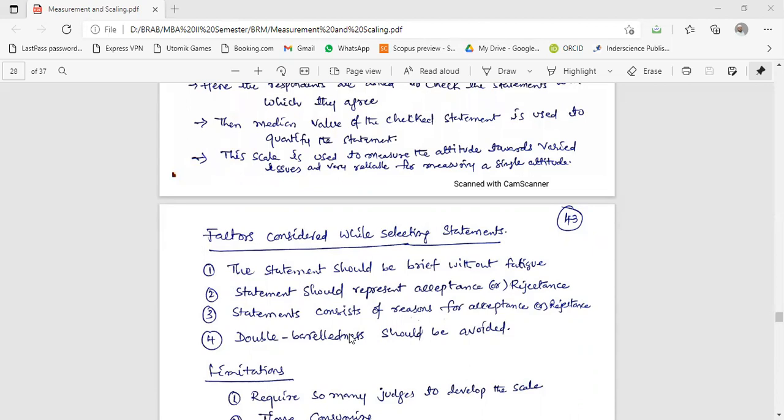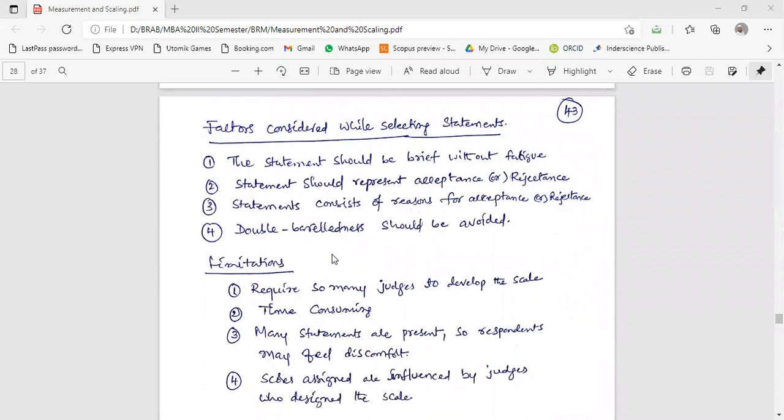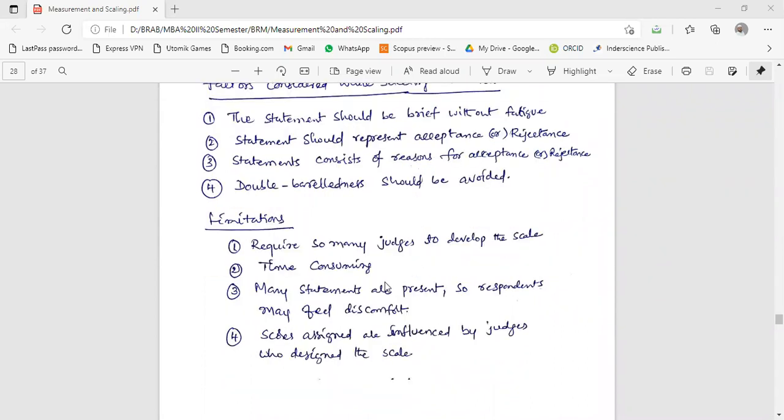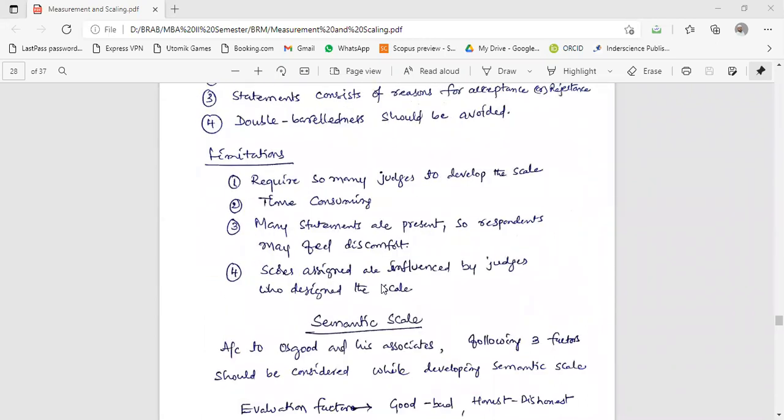The statement should consist of reasons for accepting and rejecting also. Double-barreledness should be avoided, and there should not be any kind of repetition. There are certain limitations on this scale also. It requires many judges to develop it. It is not easy to develop a Thurstone scale because we need to provide some 20 to 30 statements.